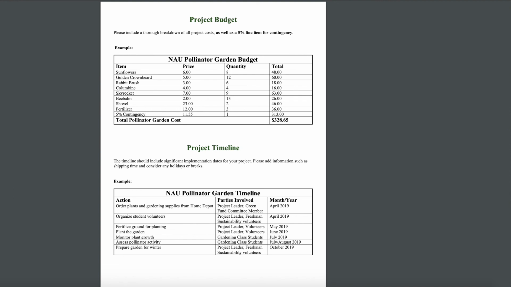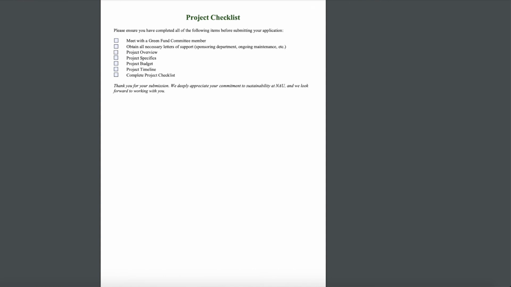Finally, we include a checklist for you to ensure that each section of your application has been filled